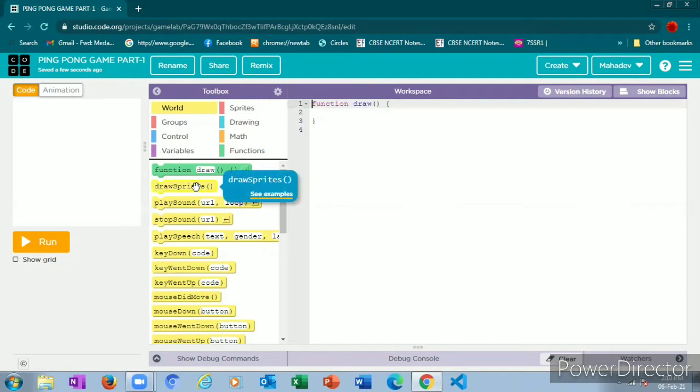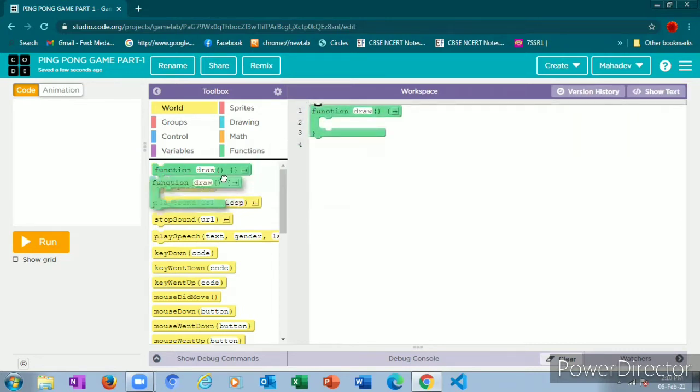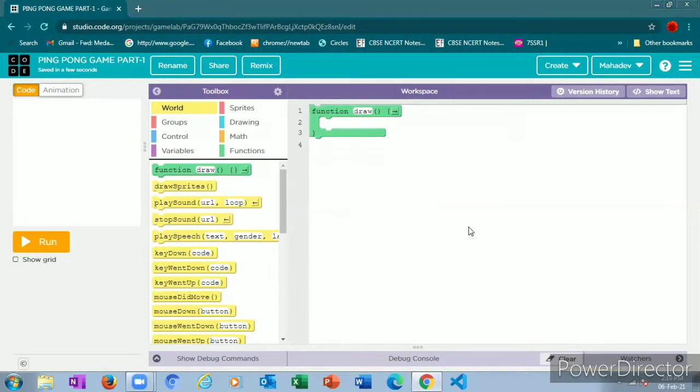Here also we can drag and drop, but we can also type the whole thing. We'll use code blocks only because dragging and dropping is very easy for us. After 2 or 3 videos we'll go with text mode. It will be very easy at that time, but this time it will be very hard to write in text.